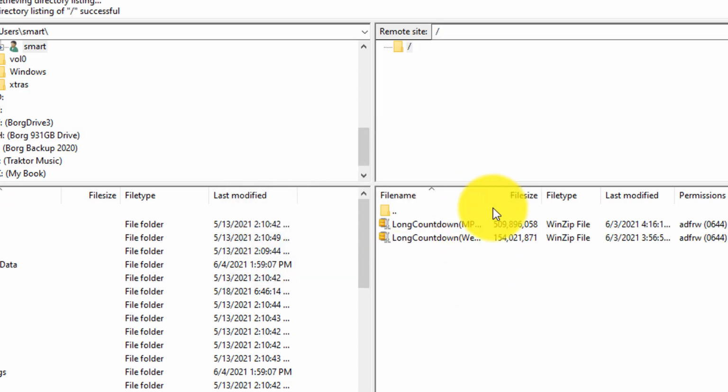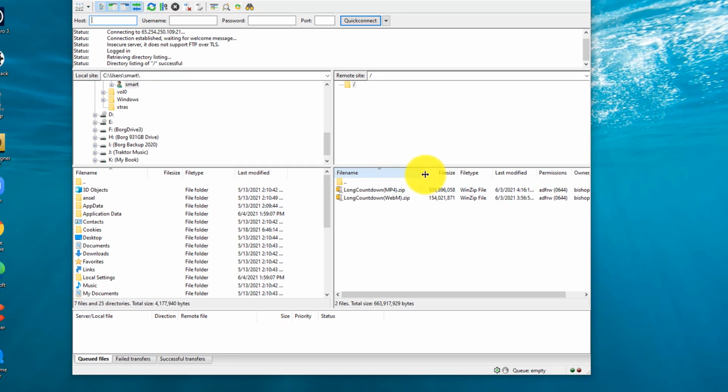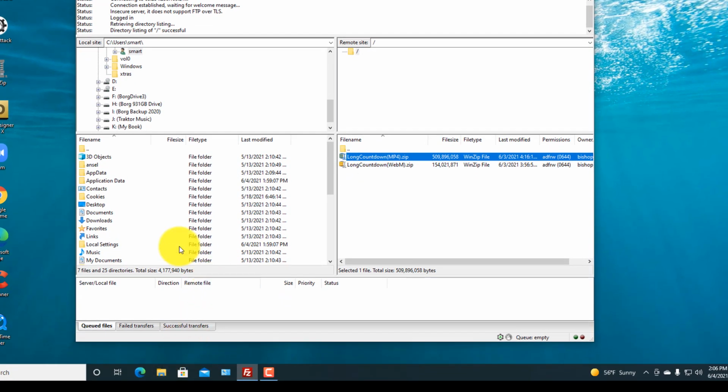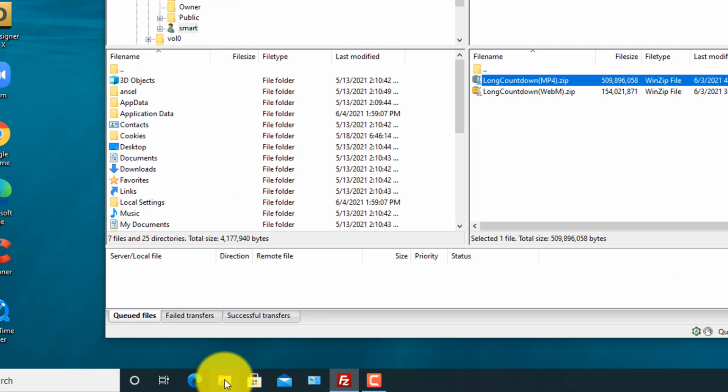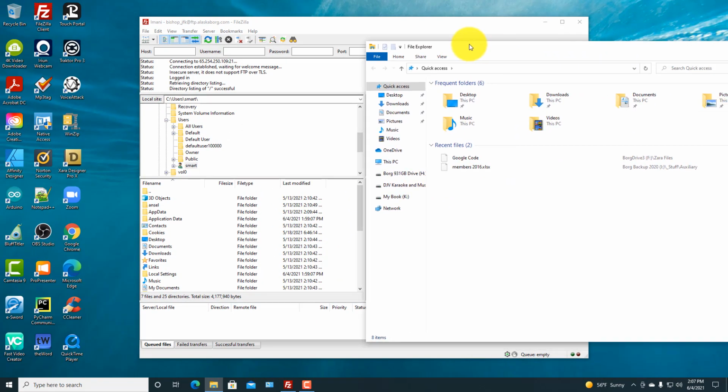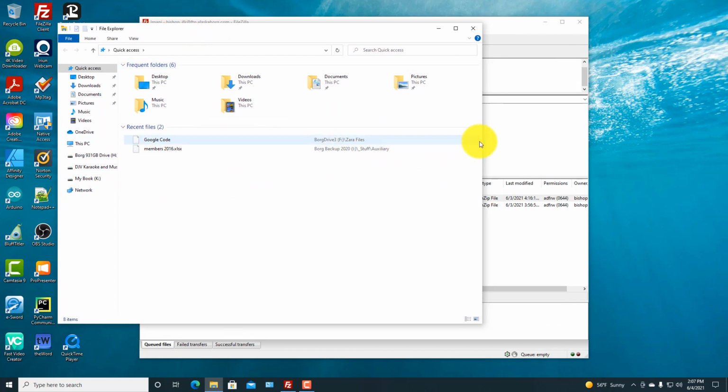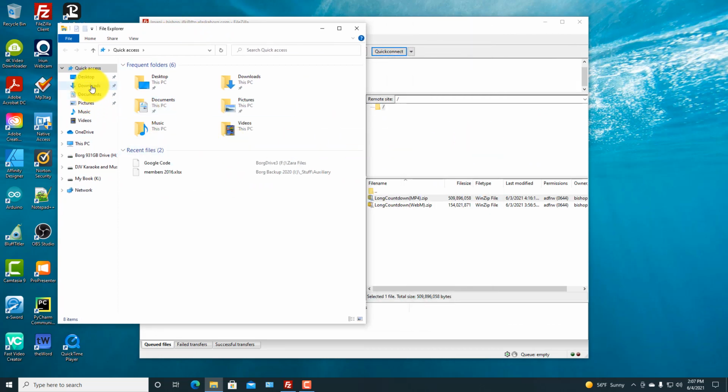And okay, so these are the two files that I sent a link for, but now you can just click on them. Now see, over here is what's on your hard drive. So some people would like to go in here and find the folder they want to put something in and do it that way. I don't. What I would do is I just come down here, get a folder that's on my hard drive, and I like to put stuff in downloads. So I'll click on the downloads right here